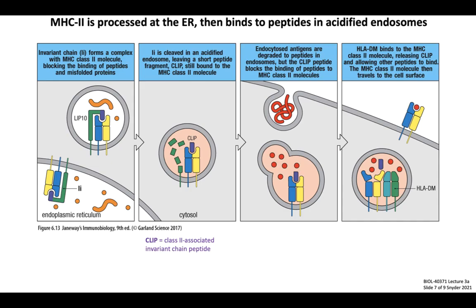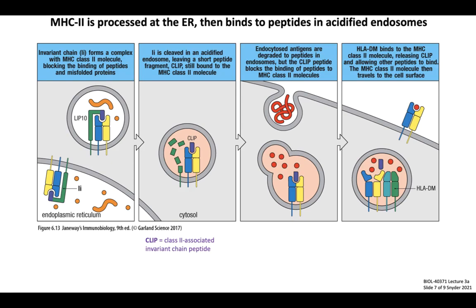The answer is this green and teal protein in the right panel called HLA-DM. HLA-DM has a similar structure to MHC2, and when it associates with MHC2 in acidified endosomes, it induces a conformational change that allows MHC2 to release CLIP from its binding groove, and this frees up the site. The binding with HLA-DM holds it in an open conformation, which allows for MHC class 2 to bind to a